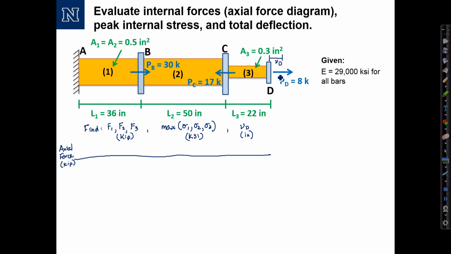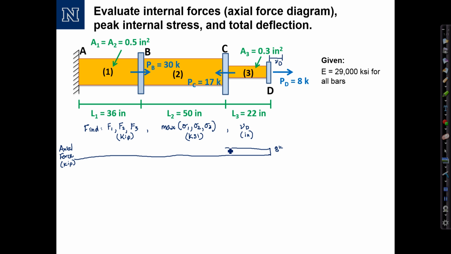Recall what we learned, that as we cross an arrow, an internal force, the axial force diagram is going to jump up or jump down. One of the hardest things to figure out is which way it jumps, but we can figure it out by thinking about it logically from working at this end. At the right end, if we isolate and just consider what's happening in segment 3, the force at the end is pulling on it. That means segment 3 is going to be in tension. So the arrow pointing to the right means that as we work from right to left, we cross the arrow, we must jump up. Okay, so we jump up by 8 kips,